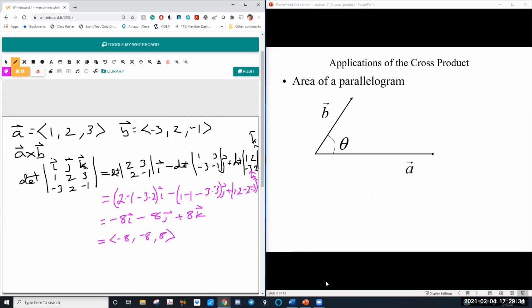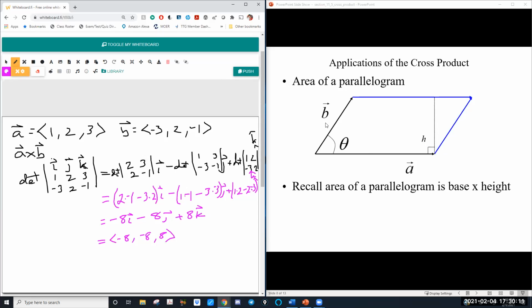All right, so if we had a parallelogram, we can think of a parallelogram being formed by 2 vectors because I can draw parallel lines to those vectors and there is my parallelogram. If I wanted to do the area of this parallelogram, what I do is I multiply the height of the parallelogram, the perpendicular height, by the base. So the magnitude of A, and then that vertical line, let's drop it in there. Oh, I put it over here, sorry. That vertical line, well, where's that going to come from? That's going to come from the magnitude of B times the sine of theta, just like we saw in the